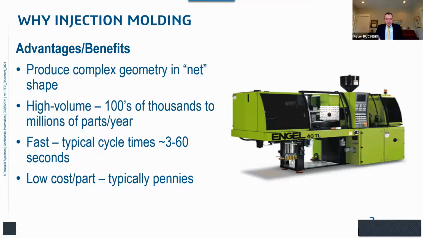And when all is said and done, when your part finally comes out of the mold, you add up the cost of designing the part, designing the mold, making the mold, buying the machine, running the machine, buying the plastic, and all of that. Because these molds produce so many parts in such a short period of time, and these molds can have a very long lifetime, could be 5 to 10 years or more, the parts are usually coming out at what I call pennies on the dollar or cents on the euro. So it could be 3 cents, 5 cents, 10 cents, and so on.